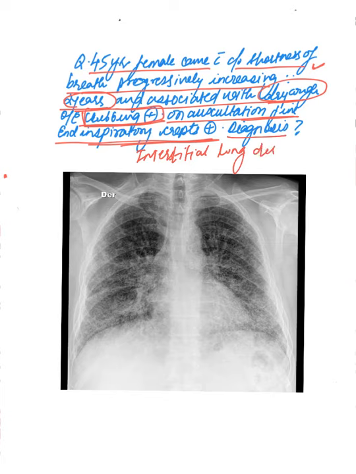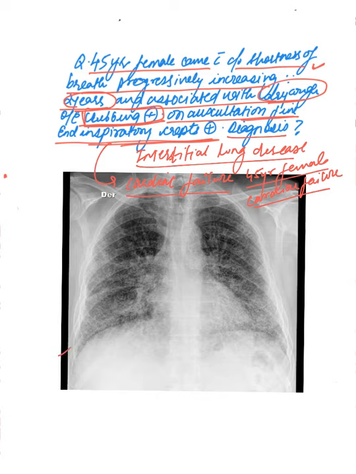Fine inspiratory crepts can also be present in cardiac failure, but here there is no history of orthopnea, and a 45-year-old female is less likely to develop cardiac failure. So ILD, interstitial lung disease, is our most probable diagnosis, and this X-ray is showing increase in the